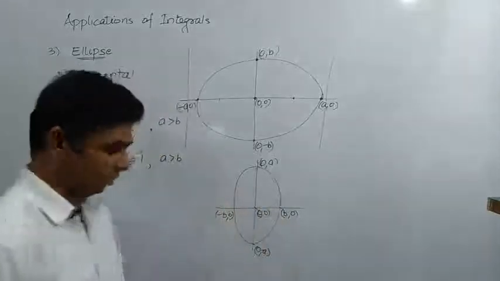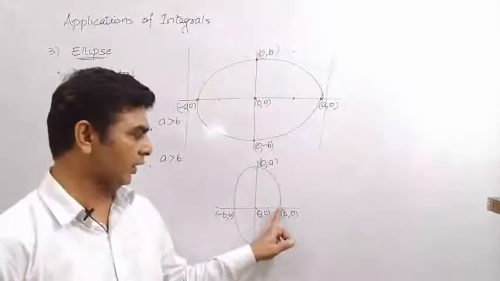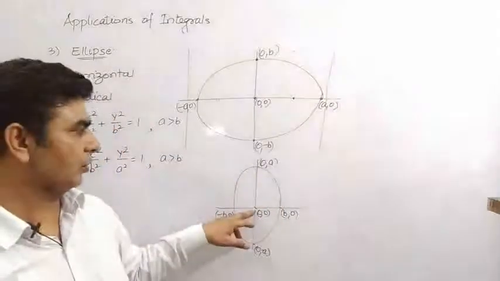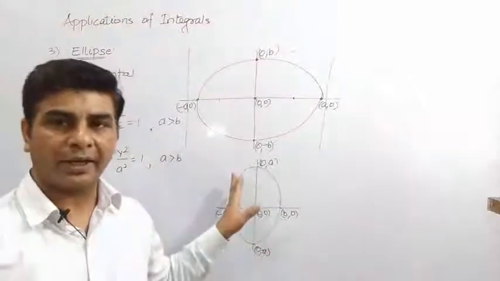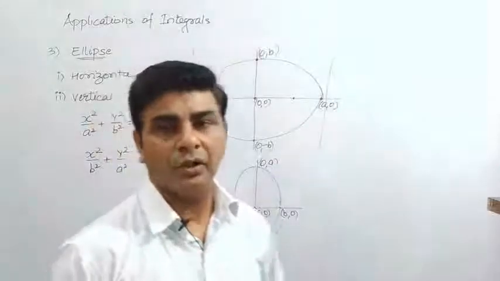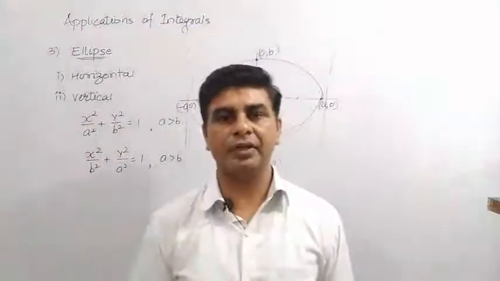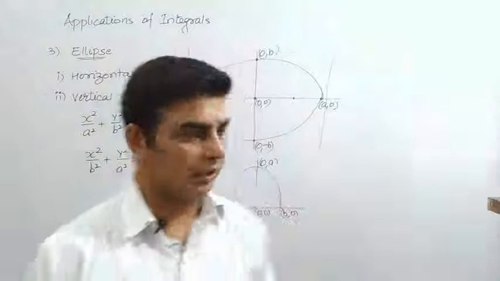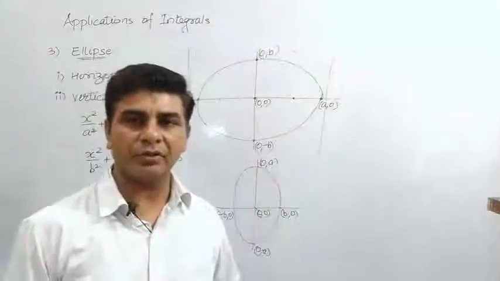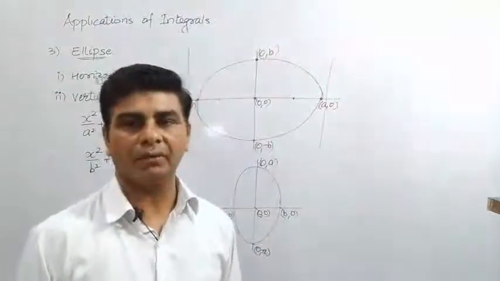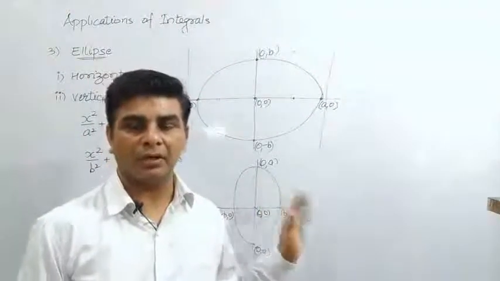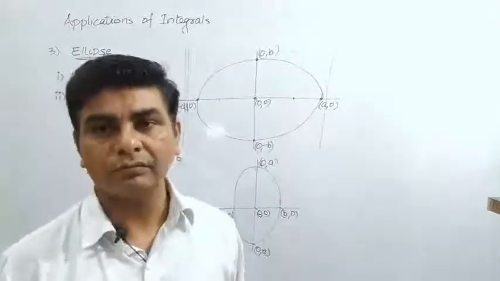The center will remain as (0, 0). In this case also you can take the limit from 0 to a or 0 to b, and take the integration within the limit 0 to a with respect to x, or 0 to b with respect to y. So these were the figures which are symmetric, and these basic characteristics are very much useful to find the area of the bounded region through an ellipse, parabola or a circle. And these were your symmetric figures.